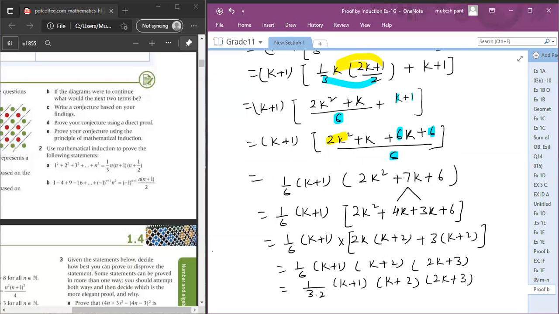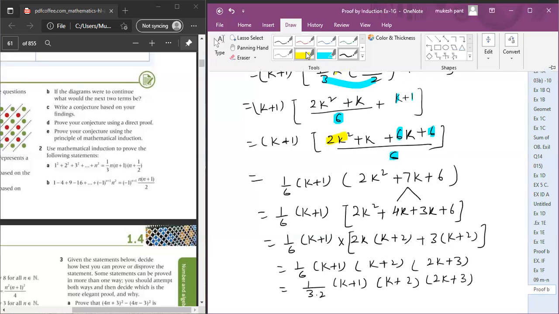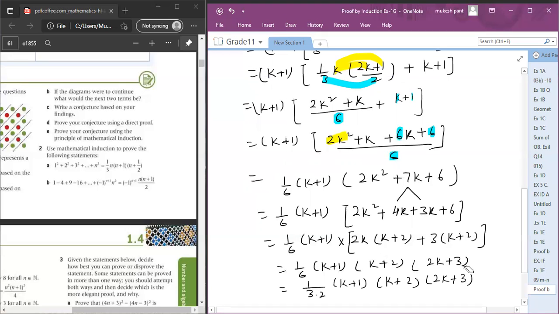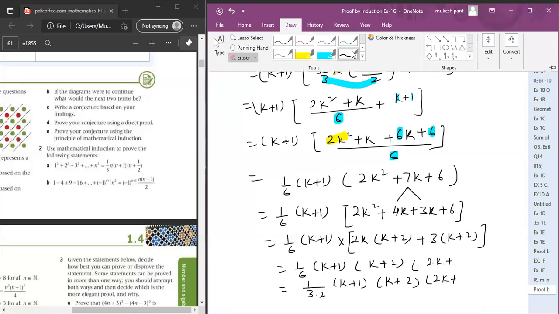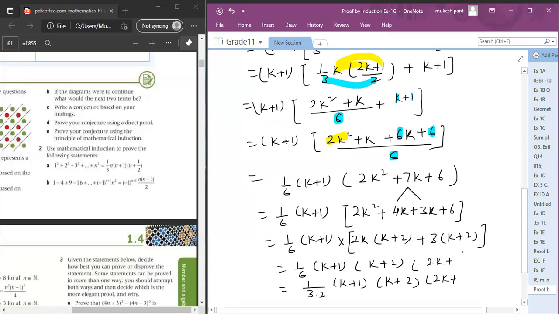So what we can do here is split this last step, because the answer should be in this form. This last 3, I can write it as